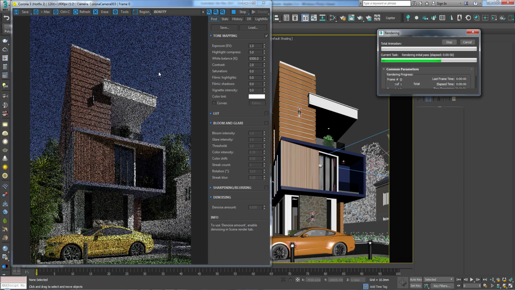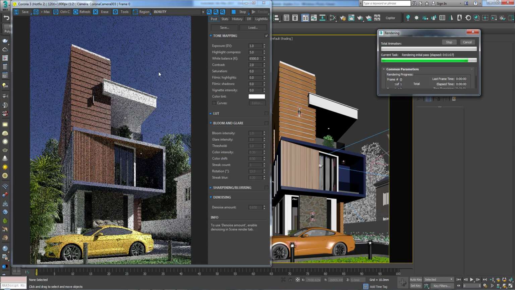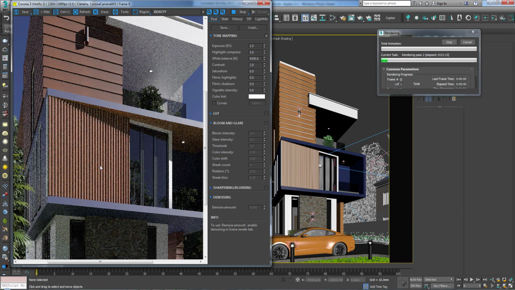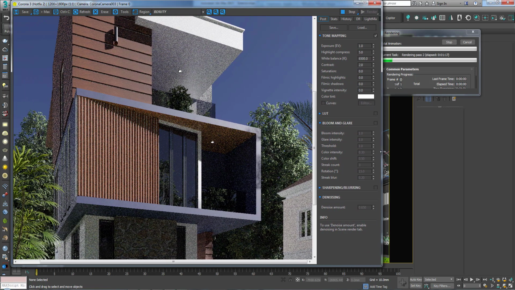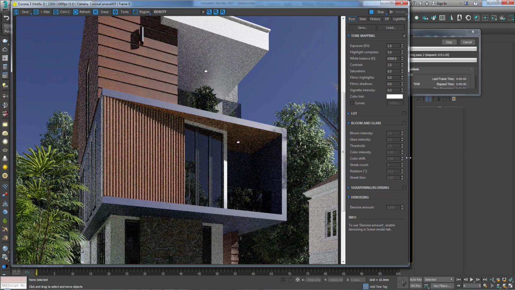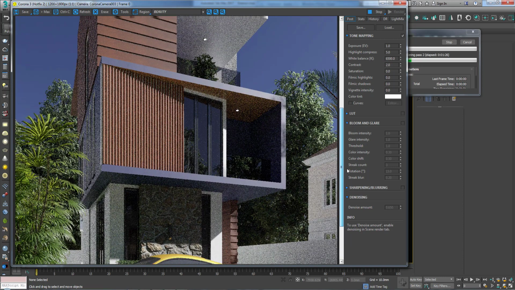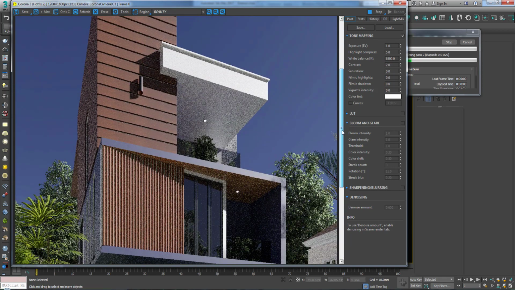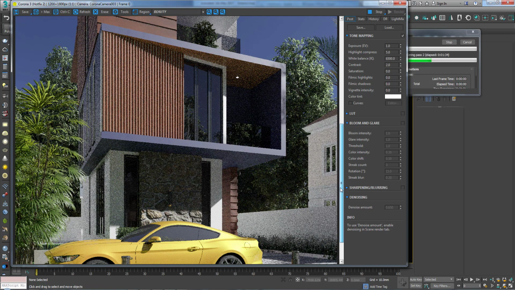So you need a very high specification of computer. It is quite important for this. You need a good processor. It will really help you to render faster. And all in all, I can say that Corona is a little bit slow to render anyway, compared to V-Ray. It is slow to render, but yet it gives you many options that you can play with if you want to